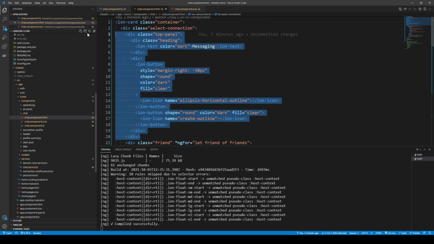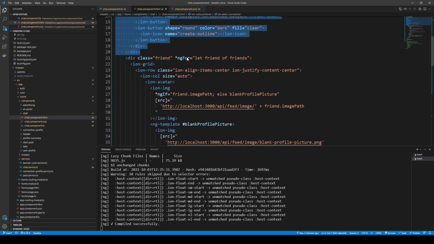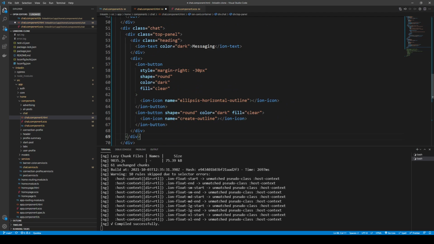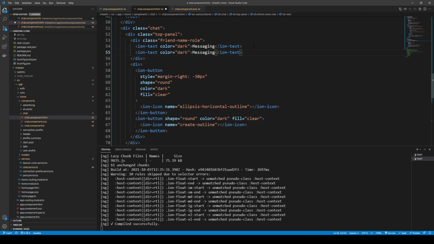So I'm just going to go ahead and copy this in here. Of course, you could put this in its own template if you want to. Again, I'm just going to do it this way. So in the top panel, rather than have the heading, we're going to have a class that says friend, name and role, because it's going to be two rows instead of the one, so it's just going to have a slightly different styling. And here, where we've got this ion-text here, I might just give the first one a